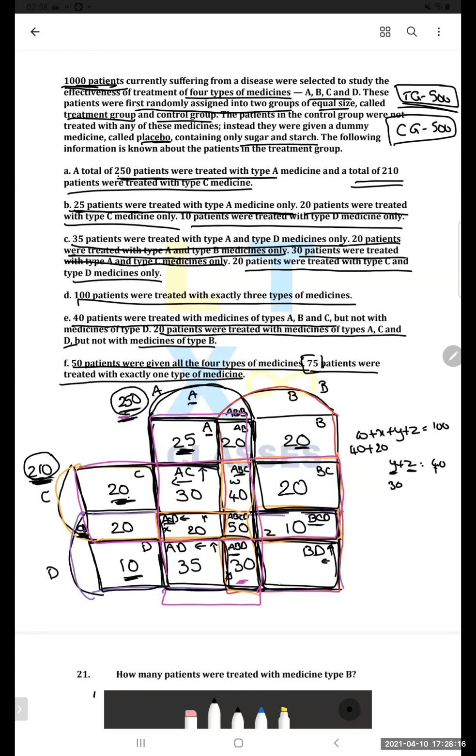Superb. Now, very important. Can we solve this? I'm not going to give you a clue. I'm telling you we can solve it, but how? You tell me. There is one piece of information that we did not use so far in this question. What piece of information have we not used that will help us get BD? Total 500, sir. Superb. Excellent. We have mentioned here that the treatment group consists of 500, but we have not used it anywhere. So please use that information and tell me what is BD.